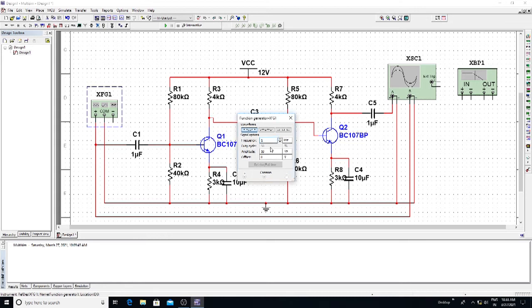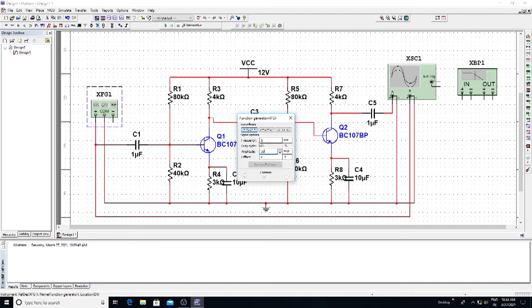Next, the duty cycle will be 50%. And the amplitude I am setting is 50 millivolts peak to peak. The offset will be equal to 0 volts.